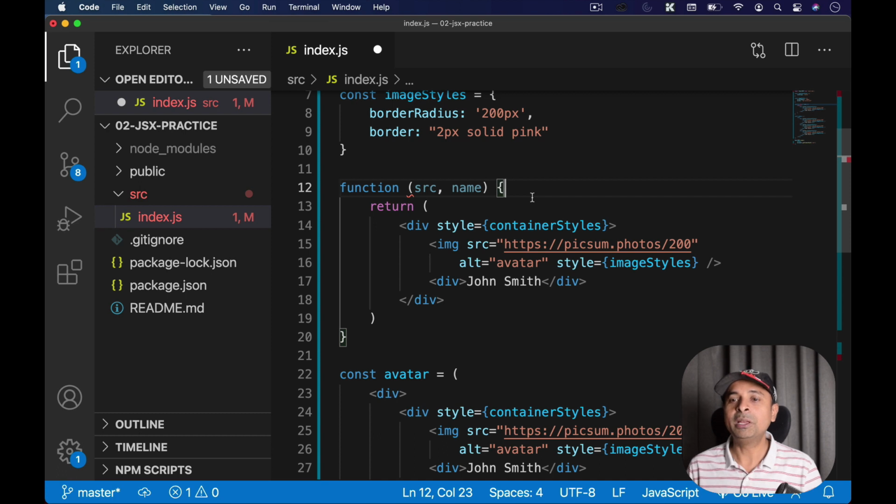It's really simple, dividing something in front of you, like how we divide a drawing, or maybe I'm sitting at a table right now. This table has so many elements: this laptop, this mic, this mouse, and I have a monitor too. I have some speakers, right? So how I'm dividing my table into different elements, these are all components, right? You can take the same real world terminology and put it into programming, put it into React.